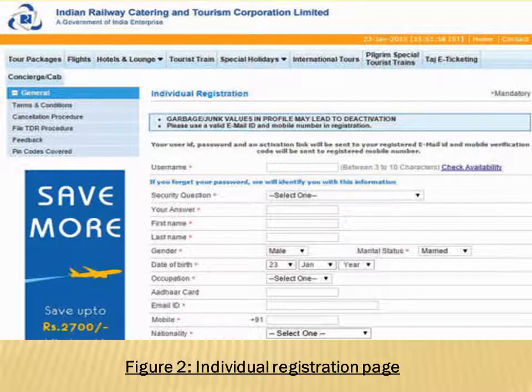Here you can see there are various fields given. What username you want to give, whether that particular username is available or not, will be shown here. Security question and answers, everything has to be filled correctly in this sign up form.